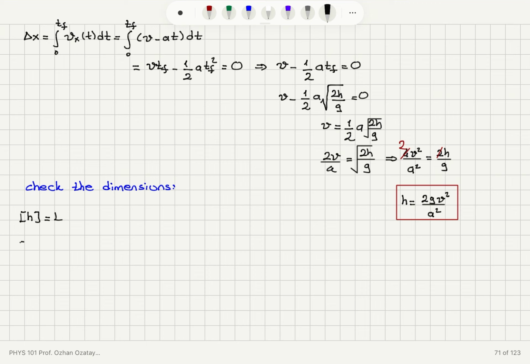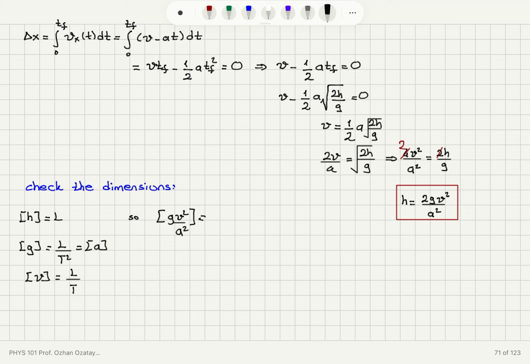The dimension of gravitational acceleration, it's an acceleration, so it is L divided by t squared. The unit is meters per second squared, length divided by time squared, which is also equal to the dimension of acceleration. The dimension of velocity, v, or speed, is the distance traveled per unit time, so it is L divided by t. So if I look at the dimension of g v squared over a squared,